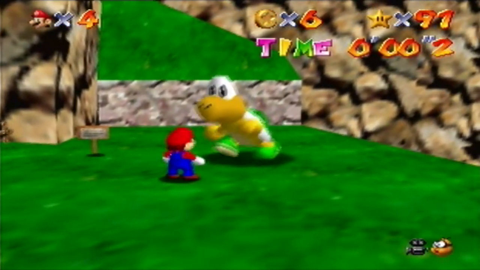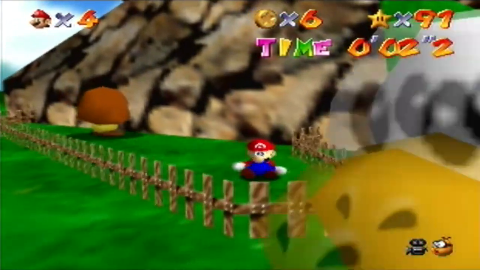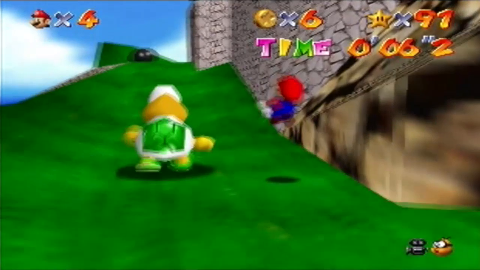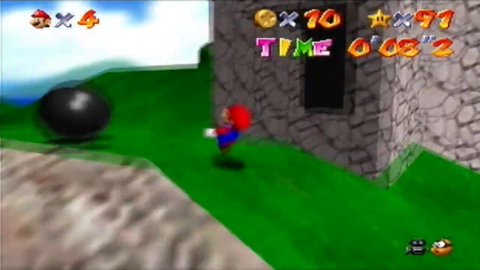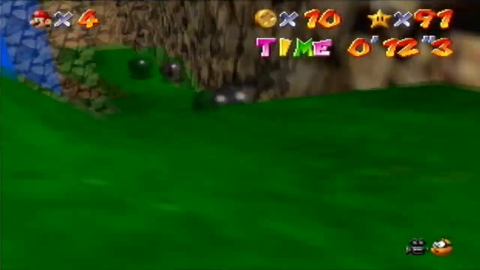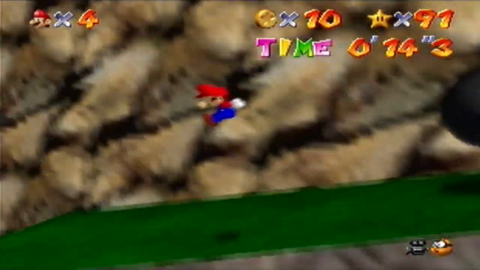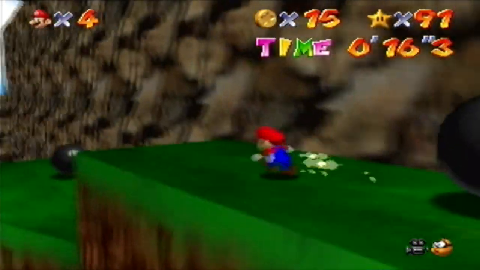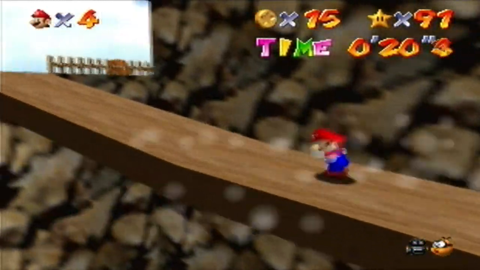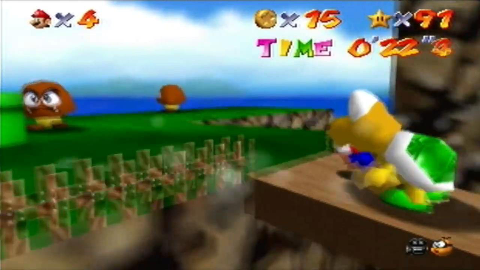We got to race Koopa the Quick, and Koopa the Quick is quick. Oh crap! He lives up to his name in this Power Star. What the hell's with this fence? I'm not gonna get screwed over by the fence. I tried to jump over the fence, didn't work. Yeah, do not underestimate Koopa the Quick in this one. He is fast. You have, I think it's 25 seconds to get from your...